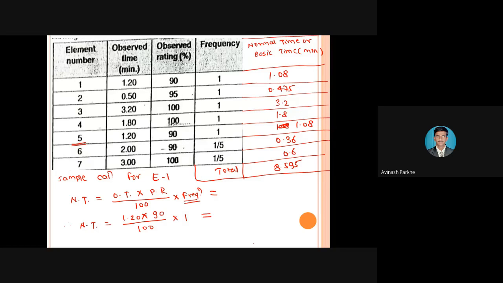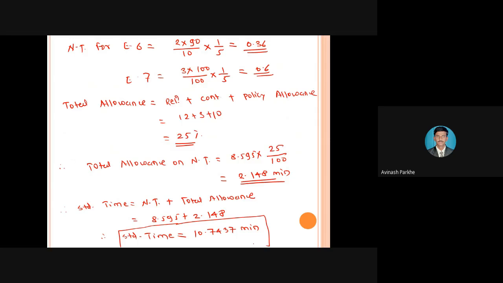Whatever normal time I calculate, I have to multiply it by frequency. For elements 1 to 5, the frequency is 1, but for the 6th and 7th elements, the frequency is 1 by 5. Therefore, you get a different normal time. Then I made the addition. I could calculate 12% separate allowance, 3% separate allowance and 10% separate allowance for the total normal time, but instead of increasing the number of steps, I calculated total allowance by adding all the allowances. You get total 25% allowance, considered on the total normal time. You get the total allowance time as 2.148, and then by addition of normal time and total allowance, you get the standard time equal to 10.7437